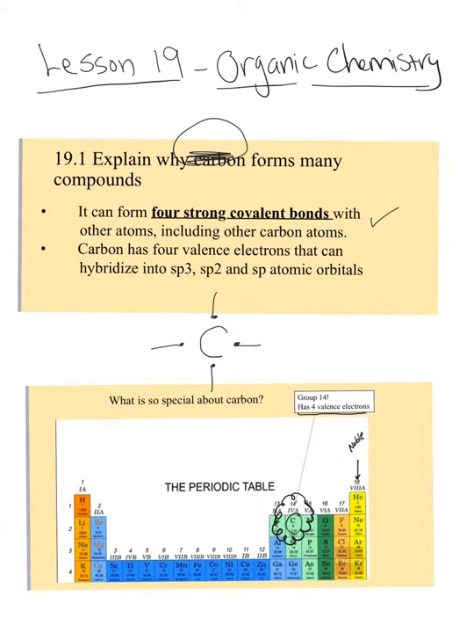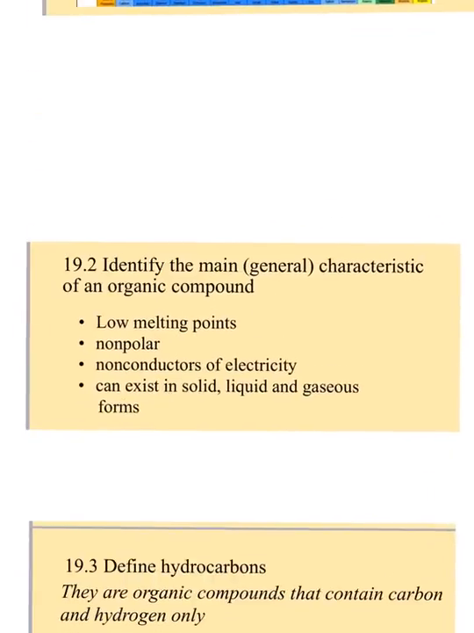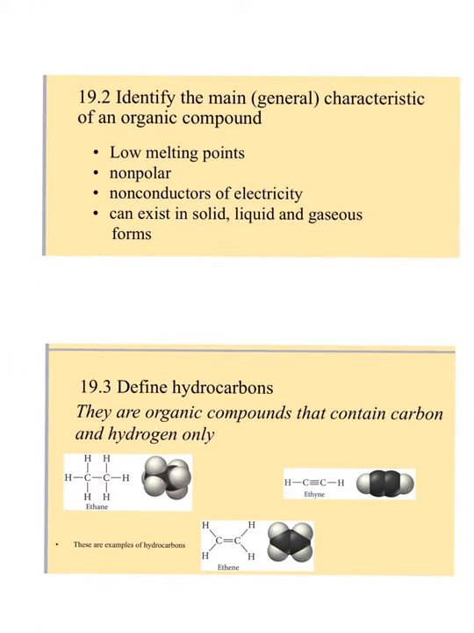Right, now we need to look at some characteristics of these organic compounds. Let's go ahead and start with objective 19.2. Identify the main characteristics of an organic compound. Again, an organic compound is a compound that contains carbon. That's an organic compound. All right, we've got very low melting points. They are non-polar. They are not good conductors of electricity, and they can exist in solid, in liquid, and as